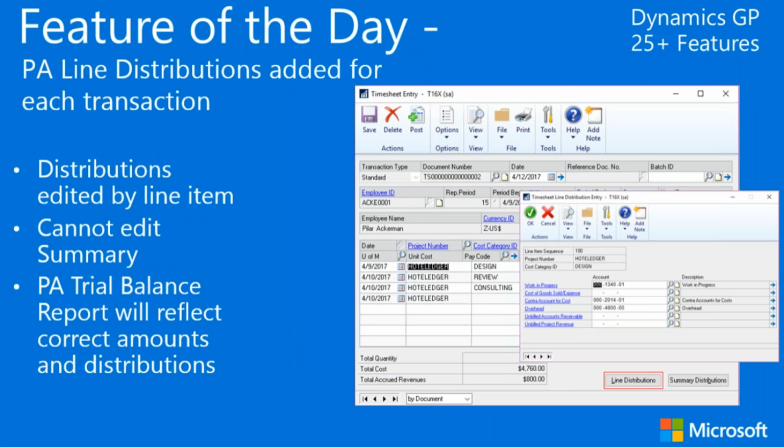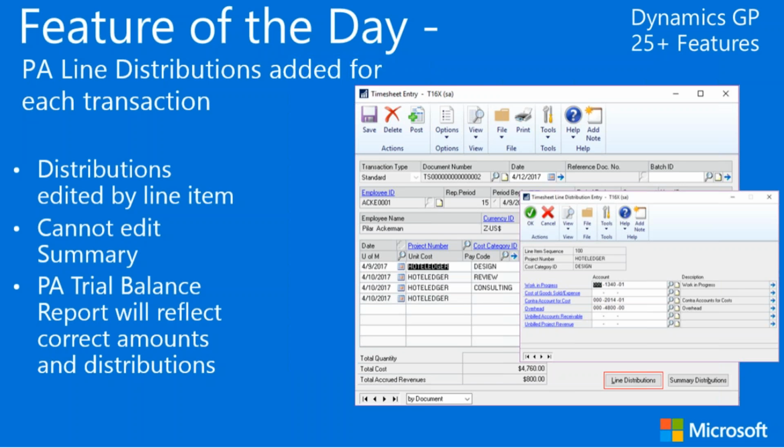Next, also along with project accounting, right now today, if you put time in, which is the data entry screen there in the background, all of that got coded to one set of general ledger account numbers. It didn't matter which job I worked on or the cost category or the type of work I was doing, we really had one kind of journal entry being created for this time. And a lot of times that's okay. It might be going into a work in process kind of inventory account until we bill it. So that was all right because the timesheet is designated individual by individual, so employee by employee. We could control the posting by the employee, which was okay, but again, all these line items went to one